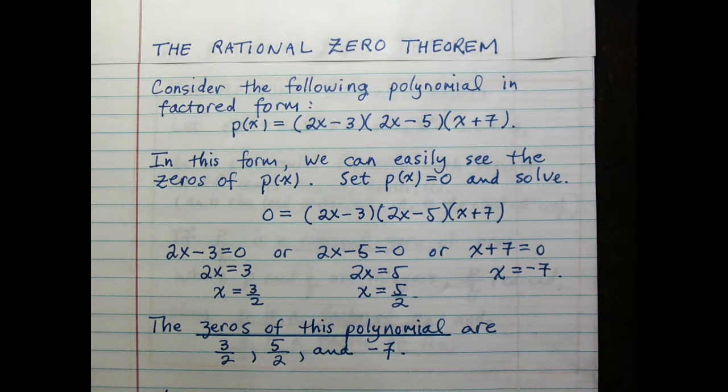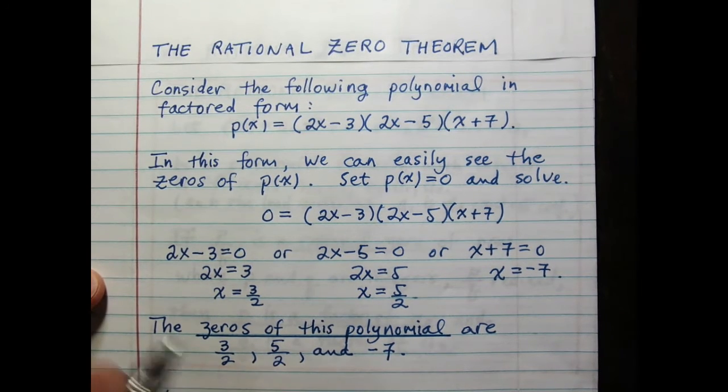We are continuing our discussion of zeros of polynomials, and we have another theorem to talk about. In fact, we have a few more theorems before we're through with this chapter. And this next theorem is called the rational zero theorem. And before I give it to you, let's just think about an example to kind of understand where it comes